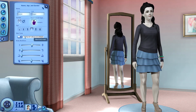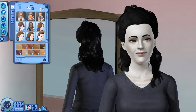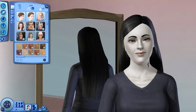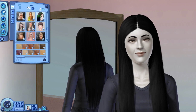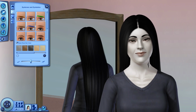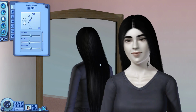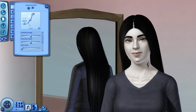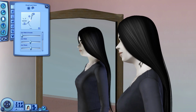Alright guys, as you can see, we are now here on Celeste, who is his wife. I actually had a lot of issues trying to create her, which is so weird, as I told you, because I have more issues creating male Sims, but it was flip-flopped this time, which was very strange. I tried randomizing Sims, but let me tell you, some of these Sims came out...